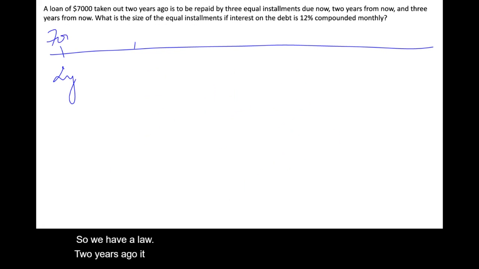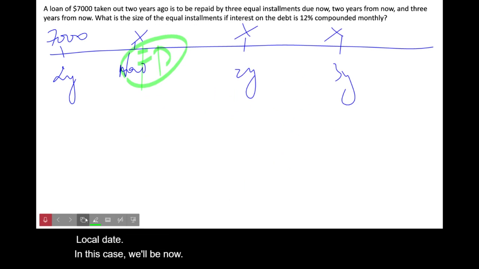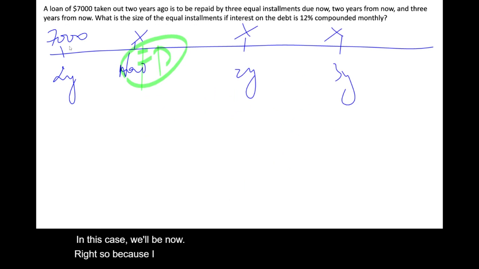So we have a loan. 2 years ago, it was $7,000. That's now. And we have payments in 2 years and 3 years, 12 monthly. Again, focal date in this case will be now, right? Because I have only one payment in agreement one, which is the loan, I don't see any benefit to